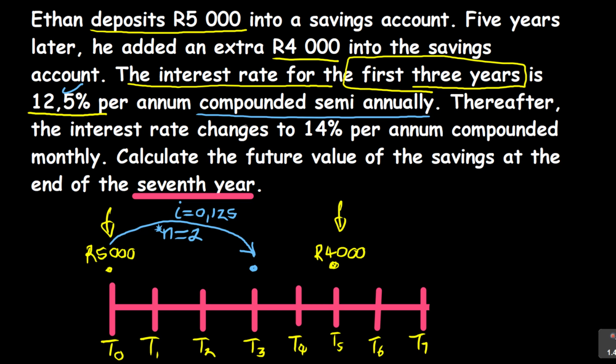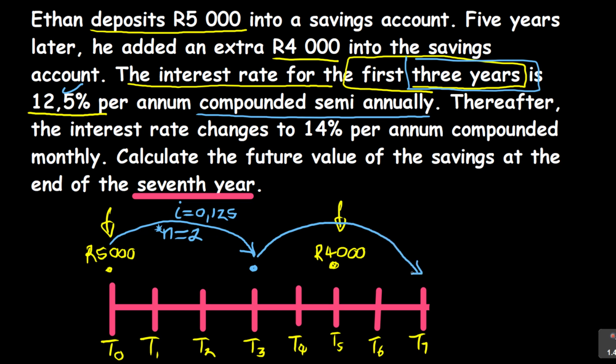And then what are they saying? They are saying thereafter the interest rate changes to 14% per annum, compounded monthly. That's where the trick is. Look at this. This 5,000 goes for year 1, year 2, year 3 on the same interest rate. But now they are saying after 5 years, am I right? No, not after 5 years. They are saying the interest rate for the first 3 years is that, and then thereafter, meaning from the 3rd year